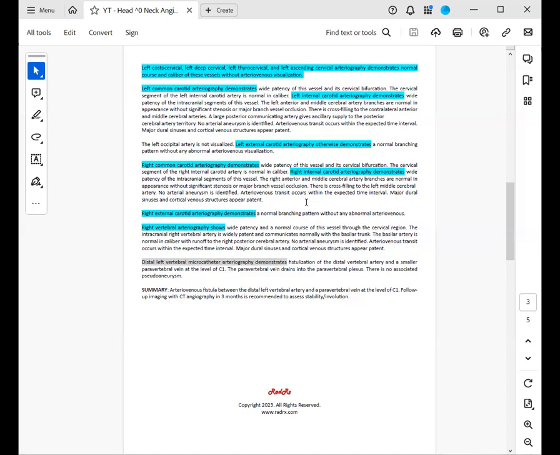Now I'm going to go up to the paragraph on the top of this page where it mentions the left costocervical, the left deep cervical, the left thyrocervical, and the left ascending cervical arteriography that was performed. So all of these vessels come directly off of the left subclavian. So how this works is you have the left costocervical that is going to come directly off of the subclavian. Then from there, that left deep cervical is going to come off of the left costocervical. And then the left thyrocervical, that comes directly off of the subclavian. And then that gives way to the left ascending cervical